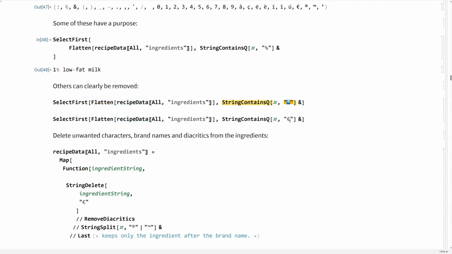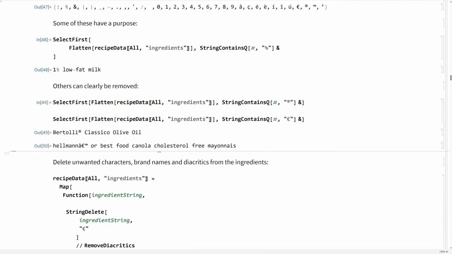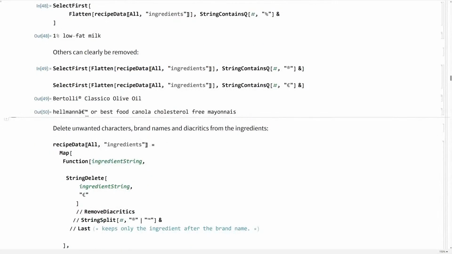Like for this one, it's the trademark. For this one, I have no idea. There's also some trademark stuff that didn't get encoded correctly back into string form, something like that. And this one is a brand name. So brand A olive oil and brand B olive oil, they're both olive oils. So this is just unnecessary